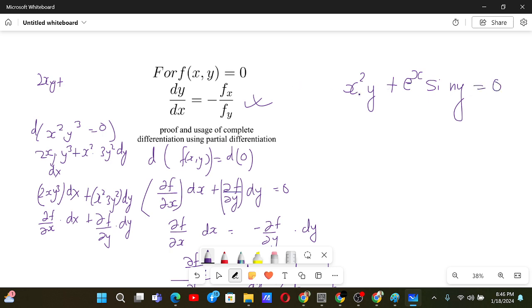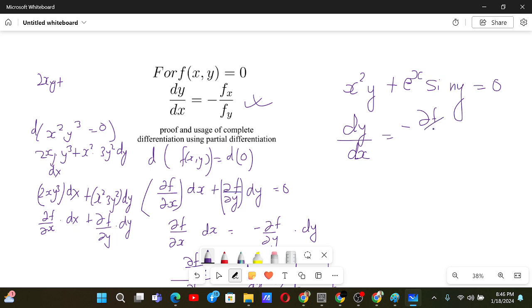If we try to differentiate implicitly, it will be a lot long. We will have dy by dx, and also differentiate this. There will be so many plus minus, and we have to take it to other sides. But if we have to find dy by dx directly, we can just use the formula minus partial derivative of f with respect to x,